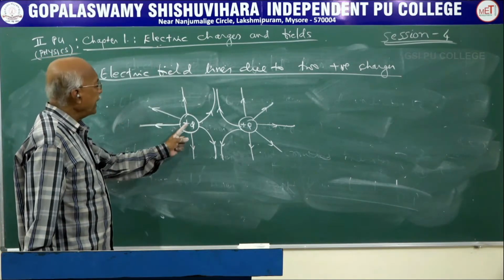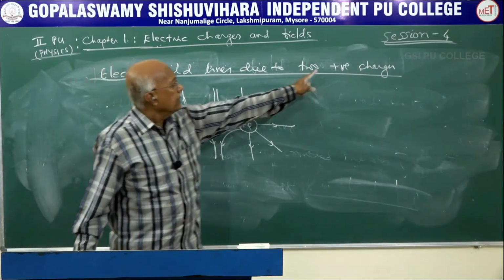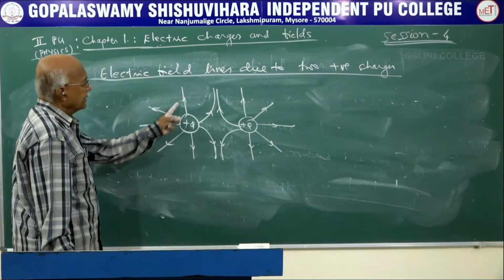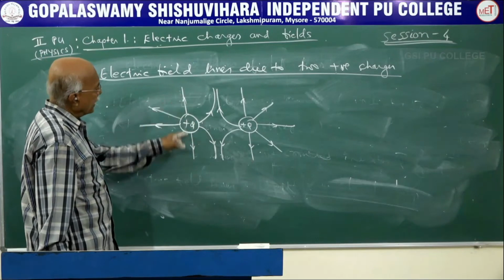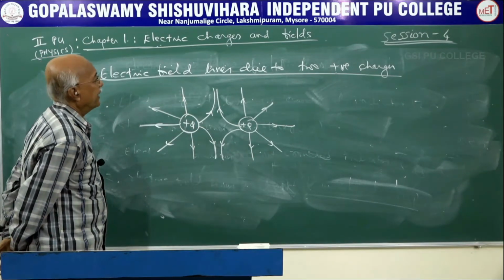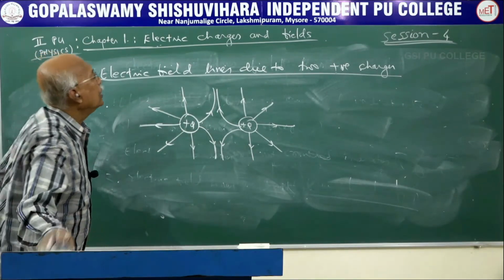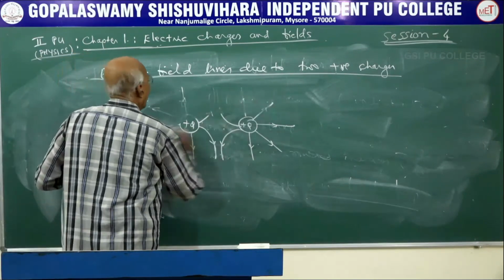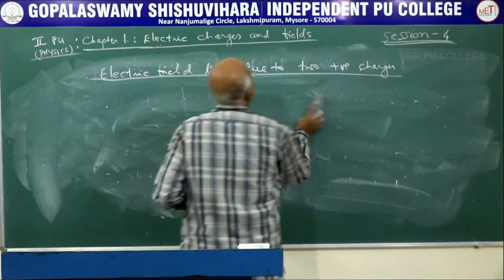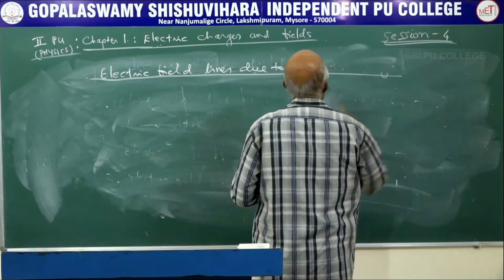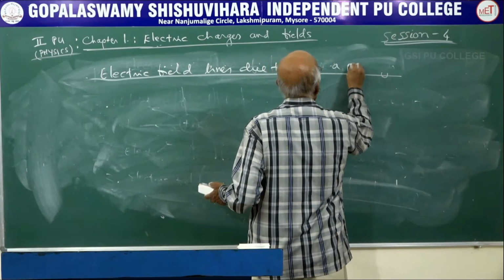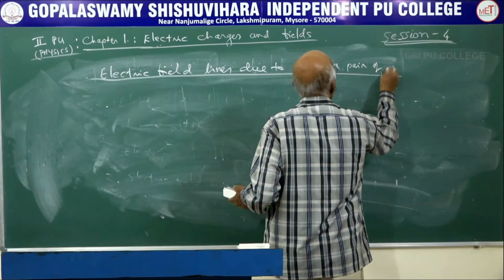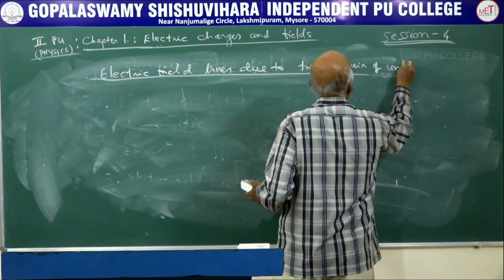On the other hand, if you take these two charges as negative charges, in such cases change the direction, make it towards the charges, and that forms the figure for it. So, electric field line due to two positive charges. Now we have already written, still we will write electric field line due to a pair of unlike charges.